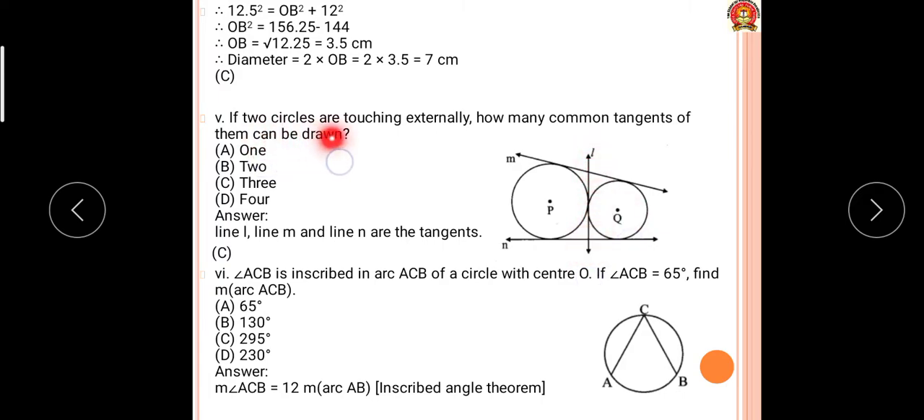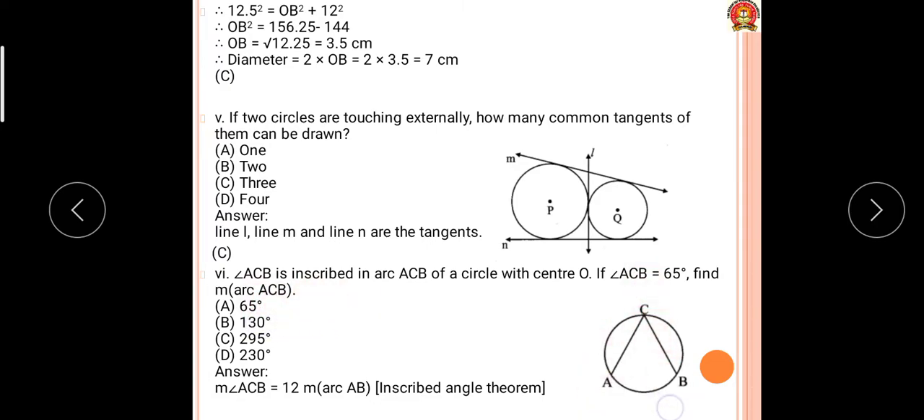So, if two circles are touching externally, how many common tangents are there now? See, this is one tangent, this is one tangent, and one in the middle. So, there are a total of 3 tangents you can draw when the circles are touching externally. Okay. Now,